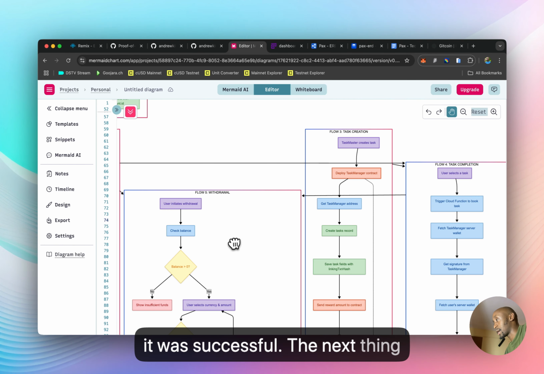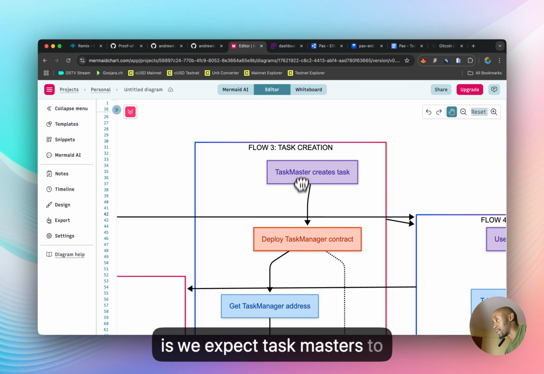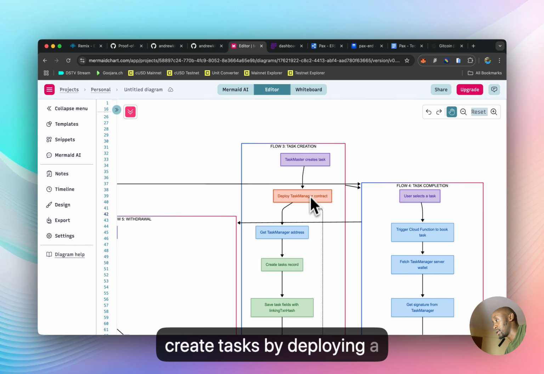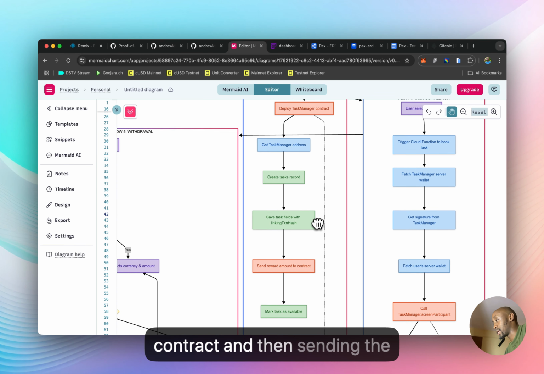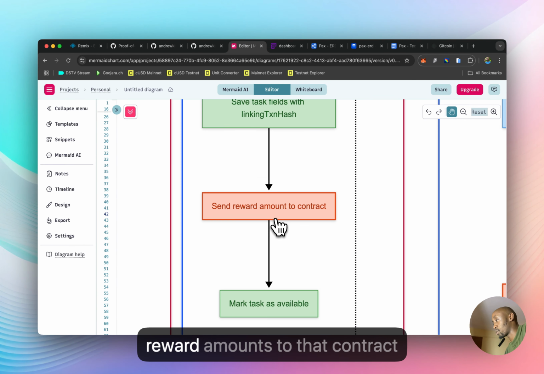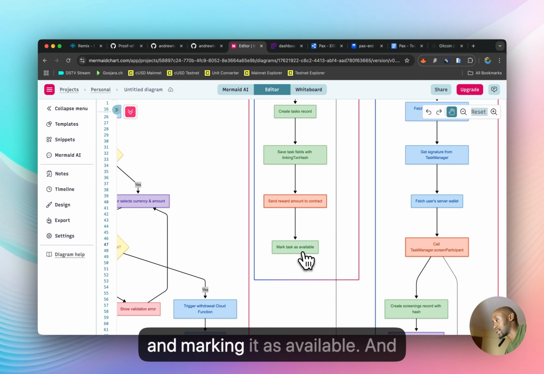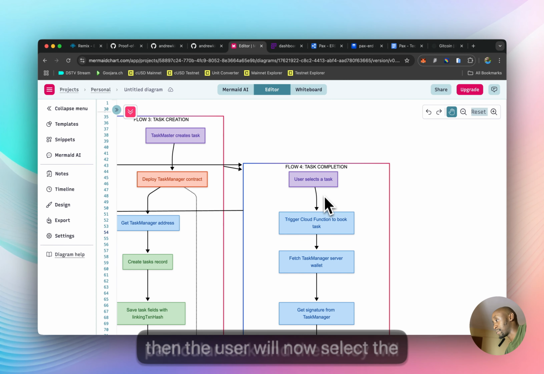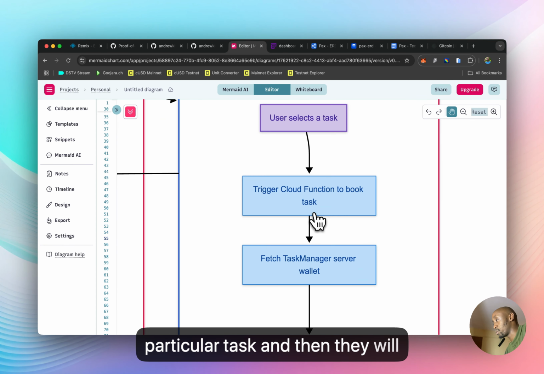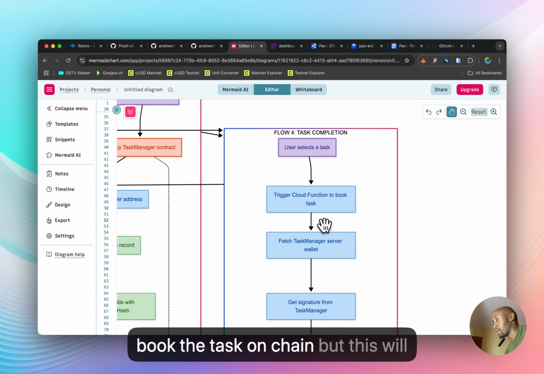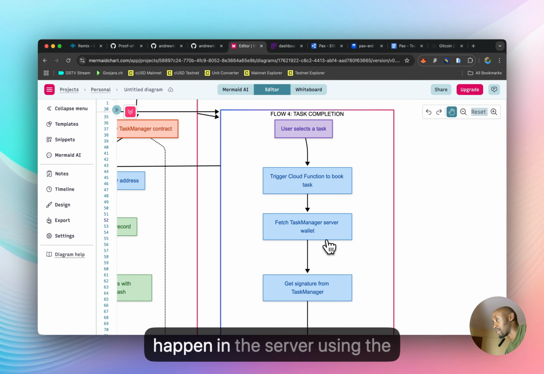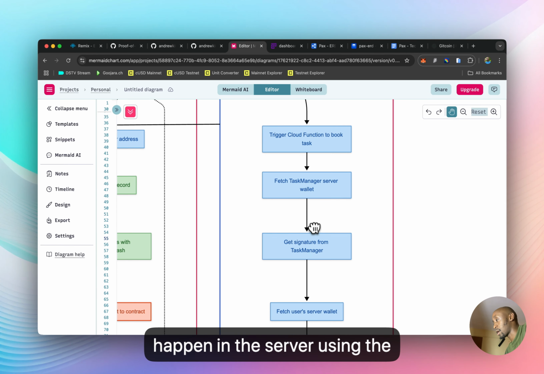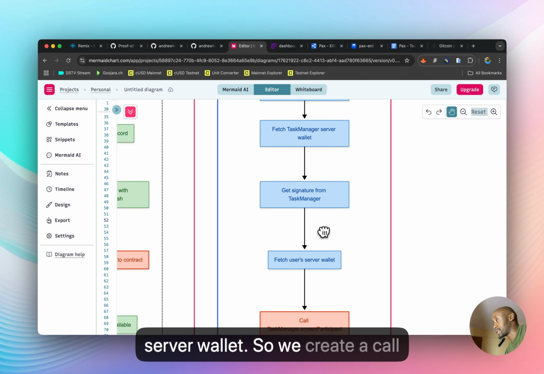The next thing is we expect task masters to create tasks by deploying a contract and then sending the reward amount to that contract and marking it as available. And then the user will now select the particular task, and then they will book the task on chain, but this will happen in the server using the server wallet. So we create